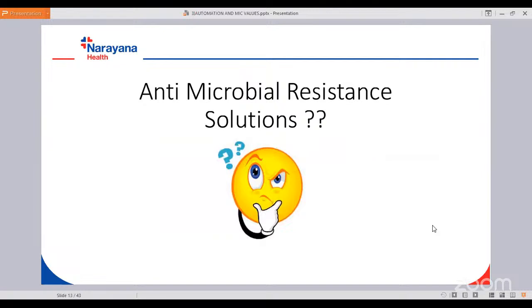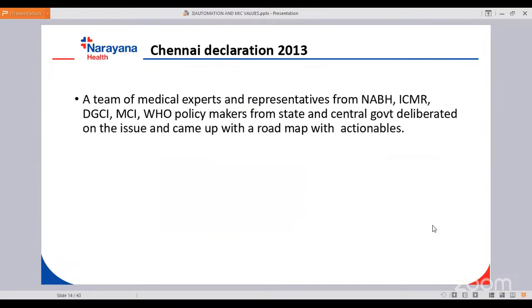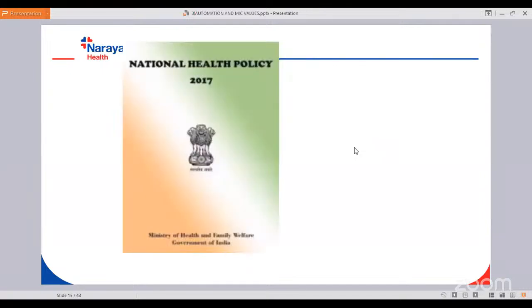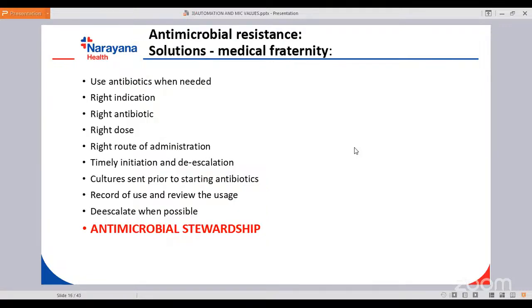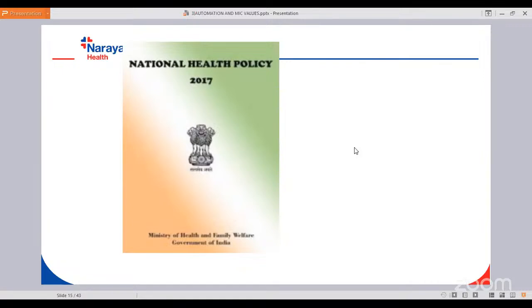Okay, so are there any solutions? So in India, representatives from NABH, ICMR, MCI, WHO, policymakers from state and central government sat together, deliberated on this issue and developed a roadmap. First of all, they came up with a national health policy, 2017. So it's very much available on the net, which tells you for which kind of infections which antibiotics are used. And it also tells you the resistance in organisms in the ICUs in our country